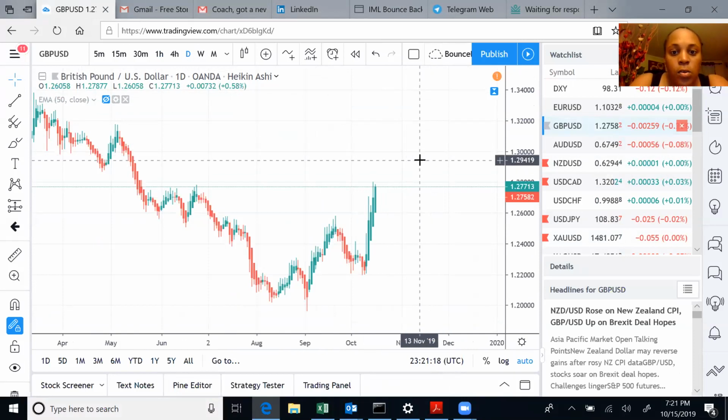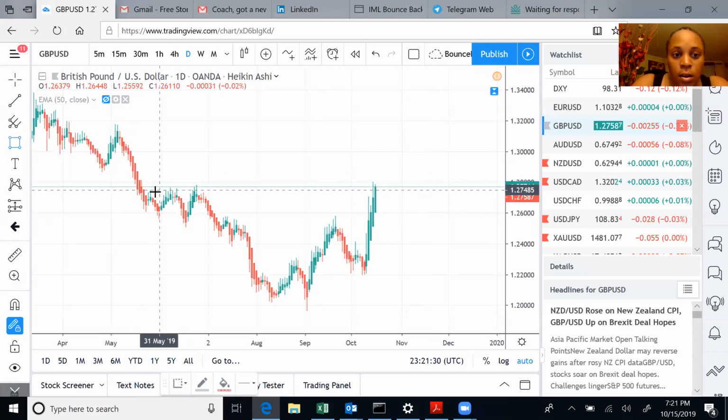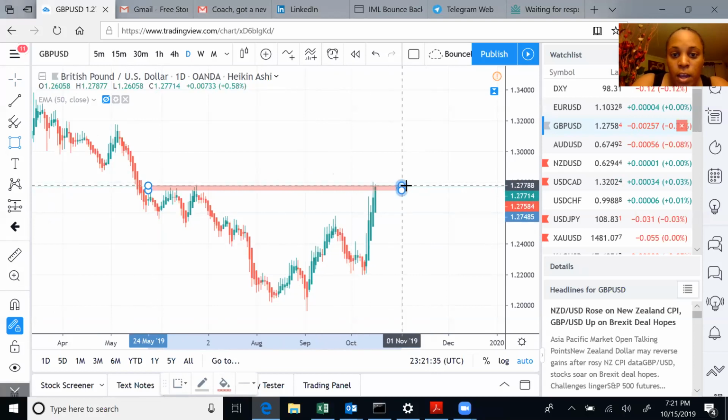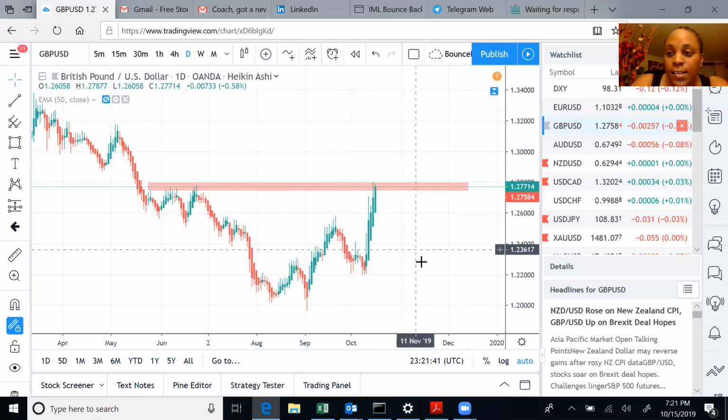So key levels would mean that, for example, right now I am at the daily time frame, so I'm looking for support and resistance areas, right? So you can clearly see here that this is resistance on the left hand side, and as we bring it across, this is where the trade is currently at. We're at a key level on the daily time frame,